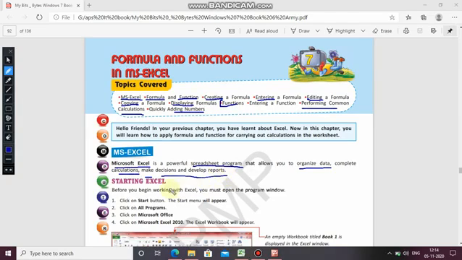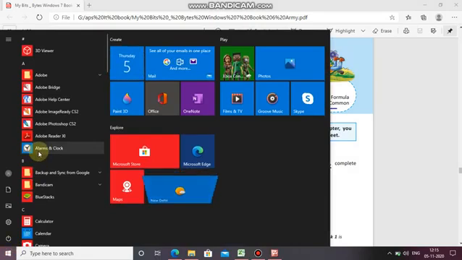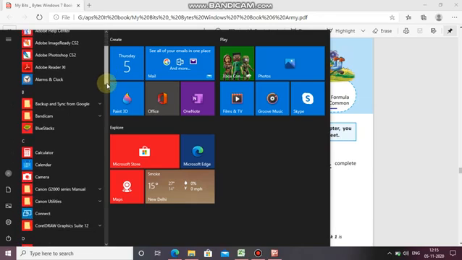Starting MS Excel. Before you begin working with Excel, you must open the program window. Click on the start button, the start menu will appear, like here you see. Now click on all programs, this is Windows 10, so all programs is already selected.